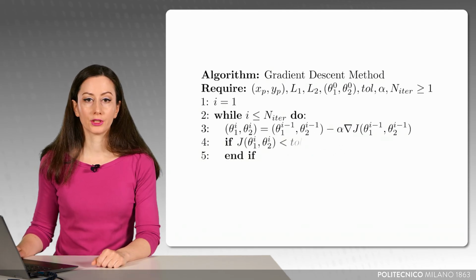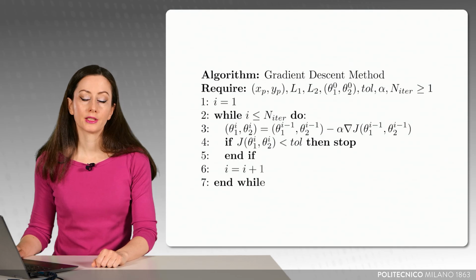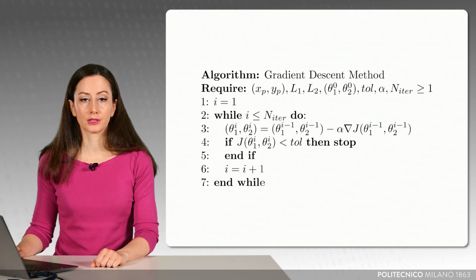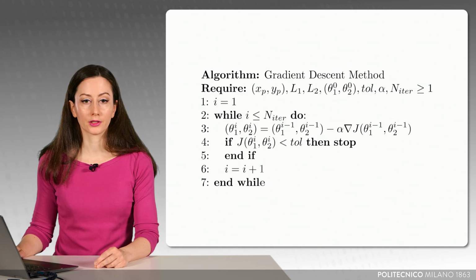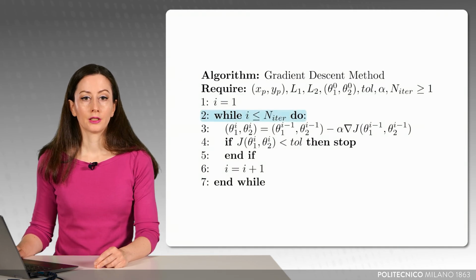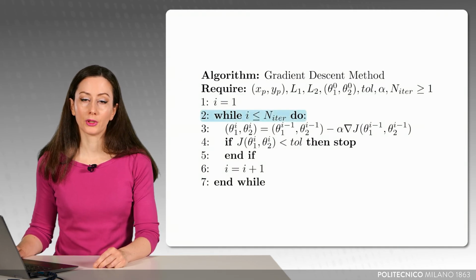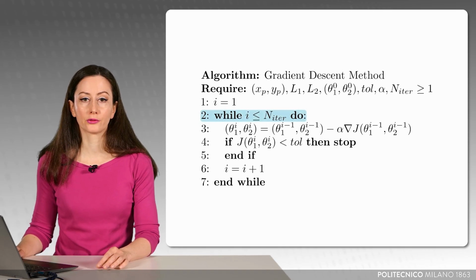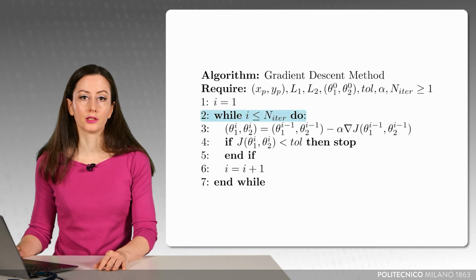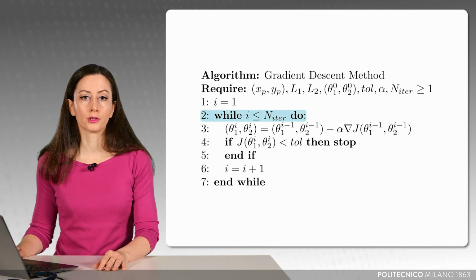We stop the computation when J is small enough. Say it is smaller than a tolerance that we decided in advance. And this means that the distance between the tip and the target is small. And also note that the iterations stop anyway if the maximum number of iterations is exceeded. Now we just need a computer code to perform all these operations automatically, and in the next videos we will learn how to write it.